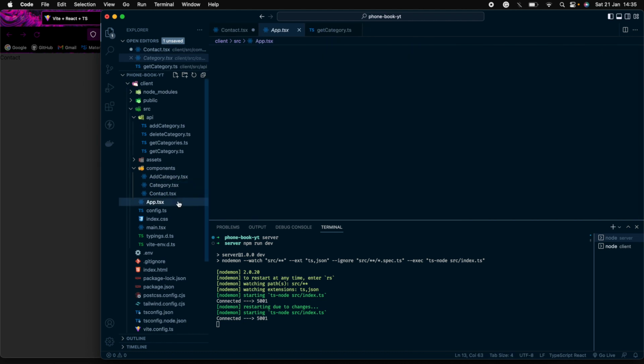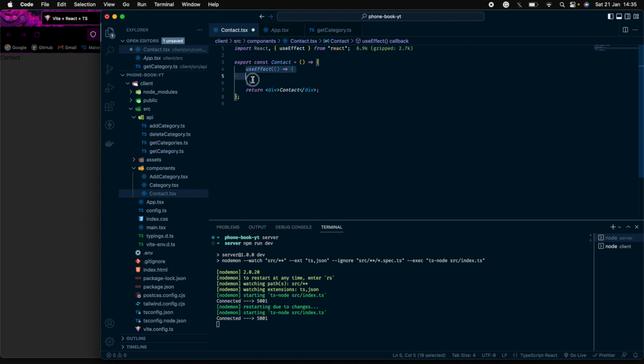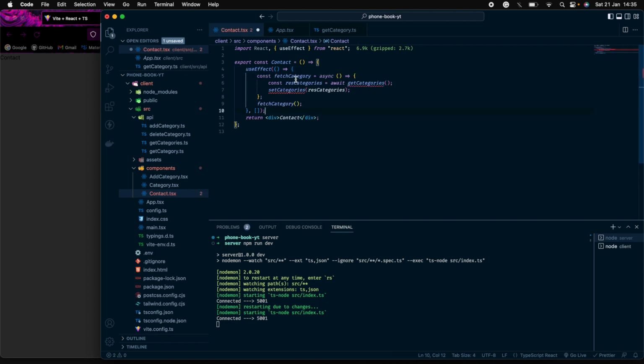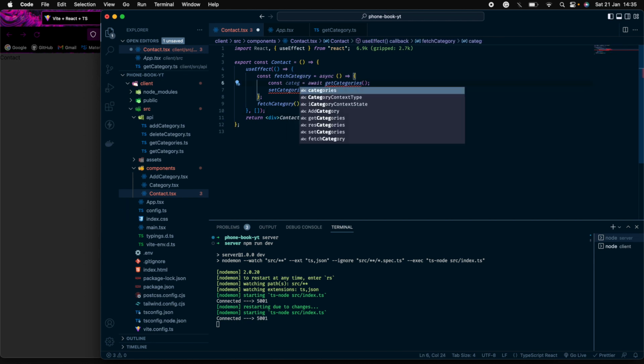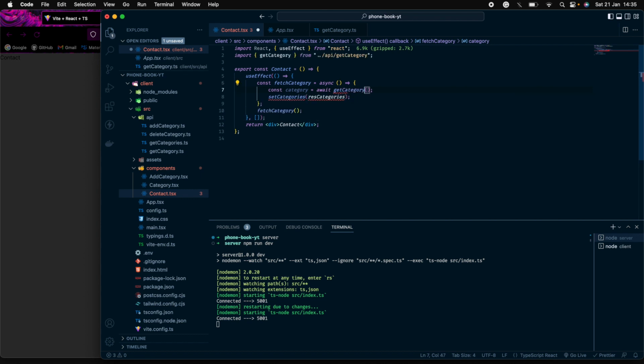Okay, just copy this part out, go back here and paste it. So fetch category async, let's call this get category, and we'll have to pass in an ID